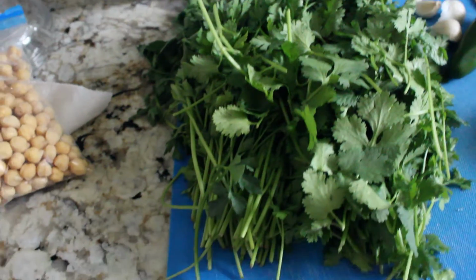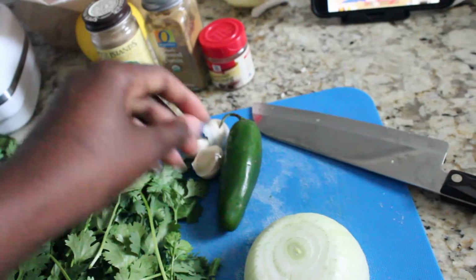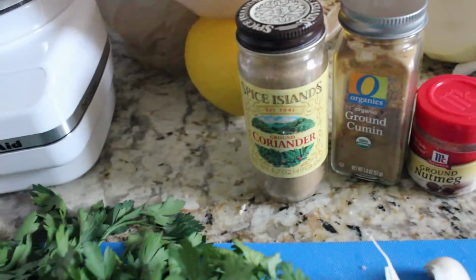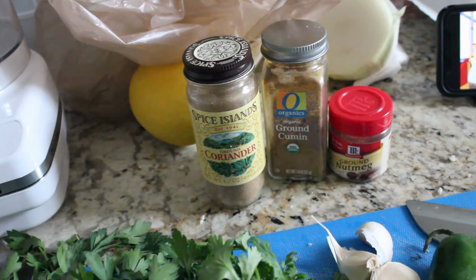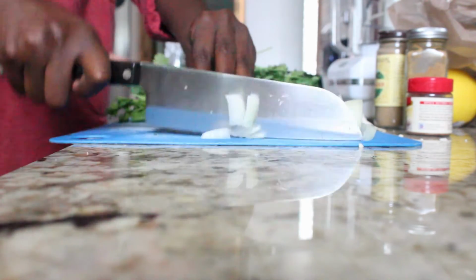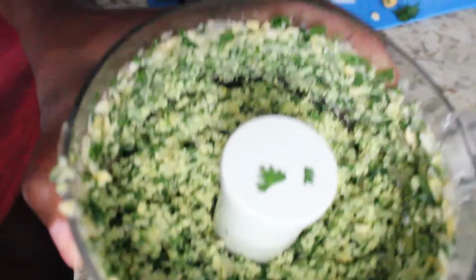So the rest of the ingredients are 1 head of parsley, 1 head of cilantro, 3 cloves of garlic, 1 seeded jalapeno, and half an onion. For the seasonings, I used cumin, coriander, and nutmeg. The recipe below says cardamom, but I didn't have that, so coriander and nutmeg are good in combination if you don't have any cardamom. So yes, I just blended and pulsed everything until it was minced and all combined,